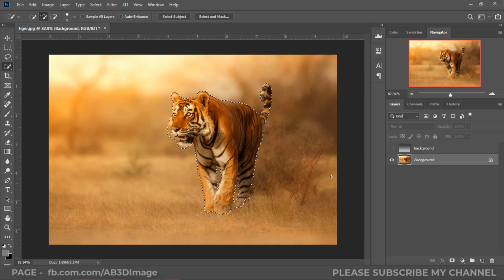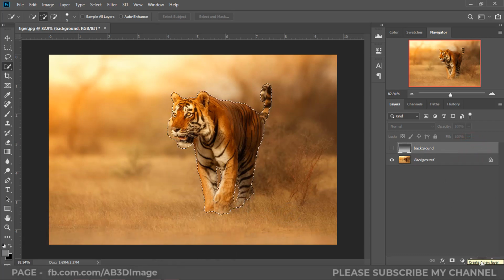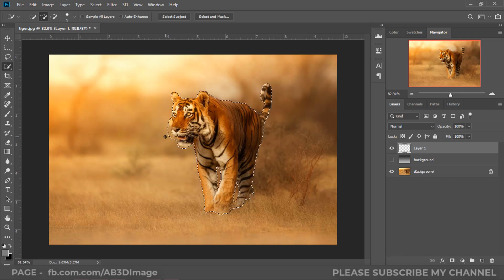Now make a new layer on top of the background layer. Select the background layer and click on this icon, or you can press Ctrl Shift N to create a new layer. Now we need to create a gradient layer again, so turn off this layer, the background layer,